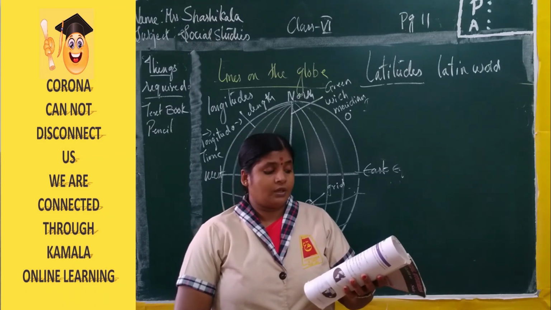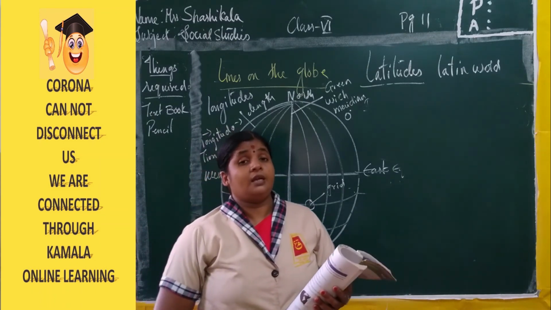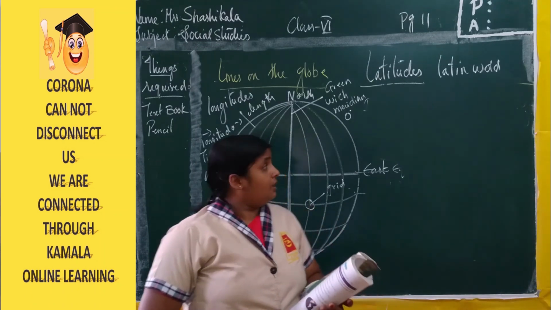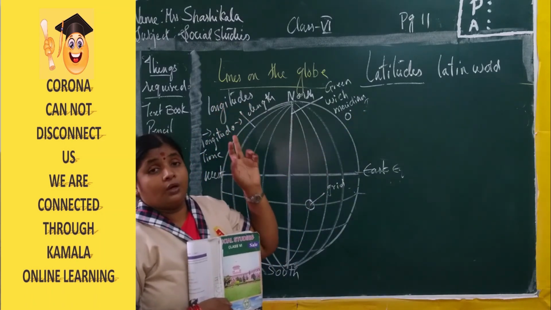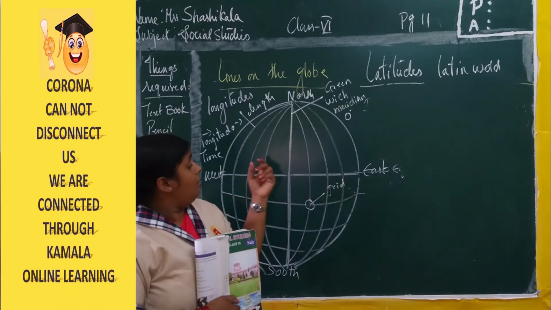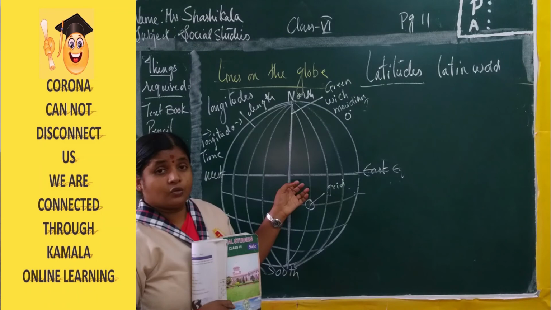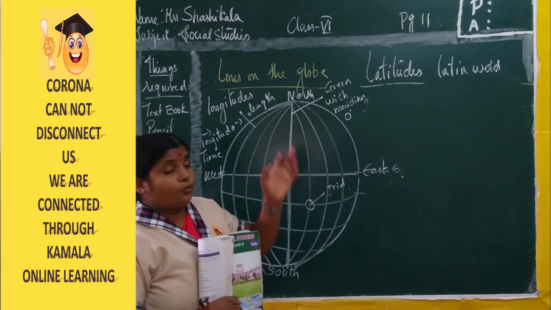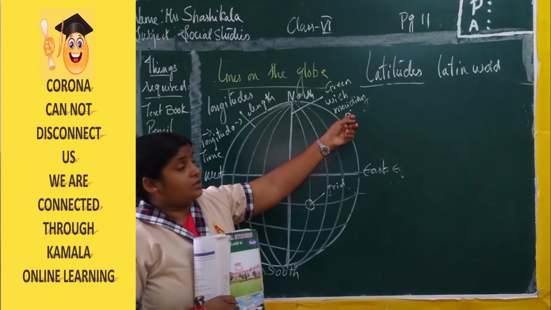You will learn more about the importance of these lines in the higher classes. Even in your 6th, 7th, 8th, 9th, 10th classes, we are going to learn about these latitudes and longitudes in detail. So here the latitudes are helpful to know about the place, and the longitudes are helpful to know about the time of the place. The largest latitude is the equator, which divides the north and the south hemisphere into two equal parts at 0 degrees. And the largest longitude is the Greenwich meridian, and its value is 0 degrees.